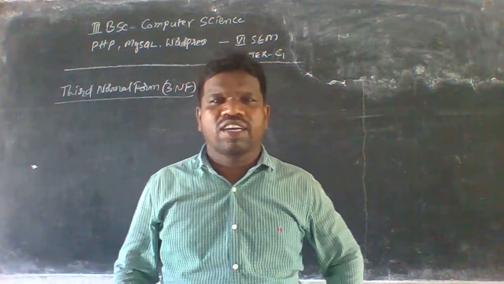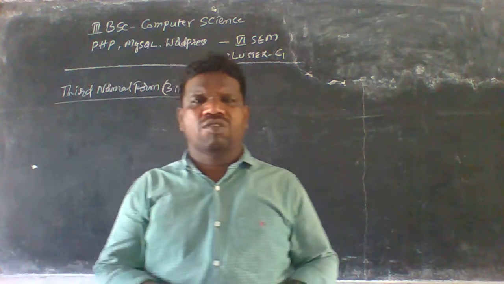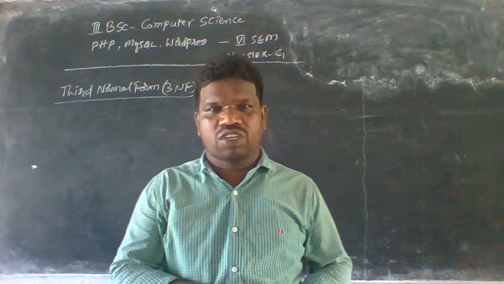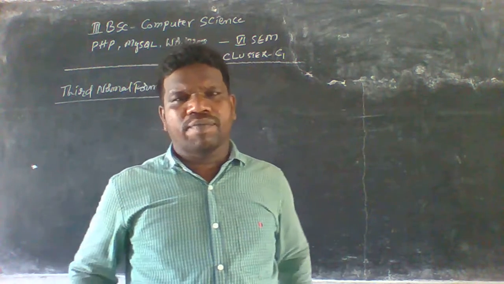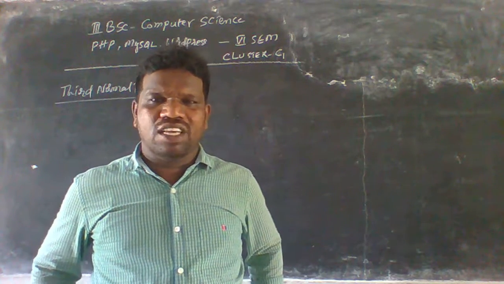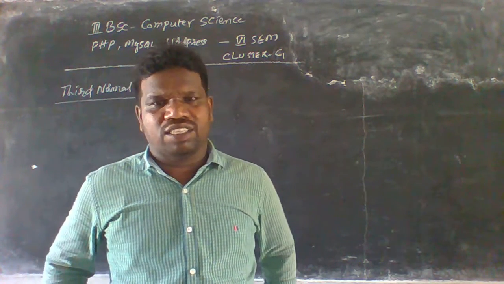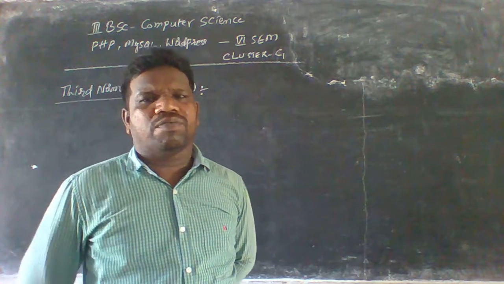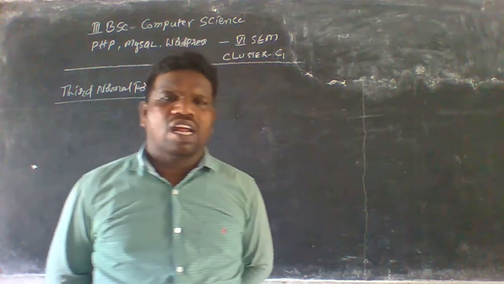Okay, so what is the third normal form here? If we talk about 2NF, it already satisfies the first normal form. The first normal form tells us that each table column has unique fields. That's why you can create this table here. And now I'm going to talk about the third normal form.